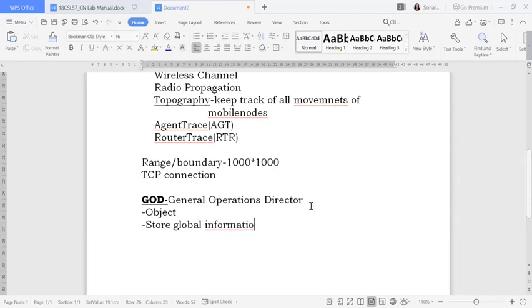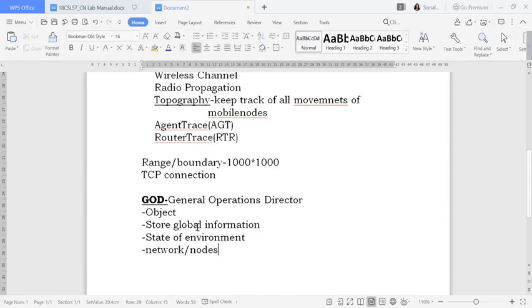It will store all the global information of the state of the environment, like which mobile nodes are moving from where to where. All this data it is going to store. So definitely it will work on your network or on your mobile nodes. So this is about your General Operations Director.